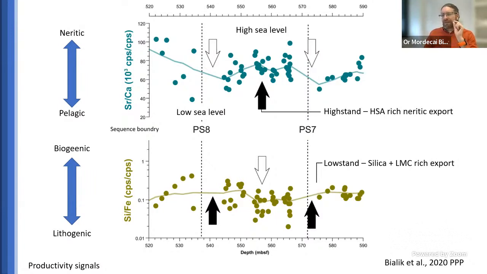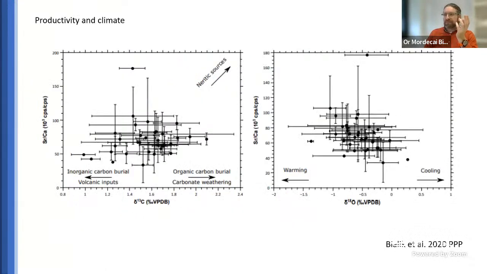And if I take the strontium data and try to compare that back to the sea level, well, it corresponds quite nicely to the oxygen in a statistically significant way. We see this nice linearization with one outlier, which is not too bad. But we don't really see any correspondence with carbon. And that is because carbon has a lot of controlling parameters, but also because we are going through this big hump in the carbon isotope during the Miocene.